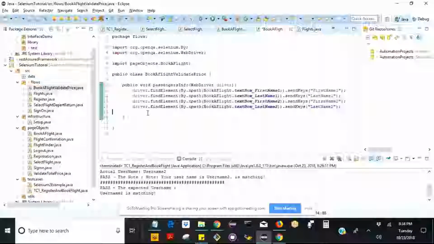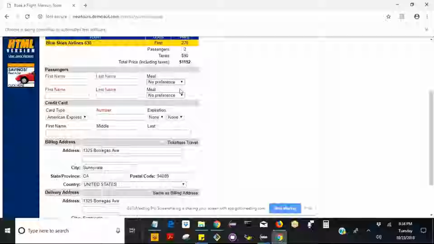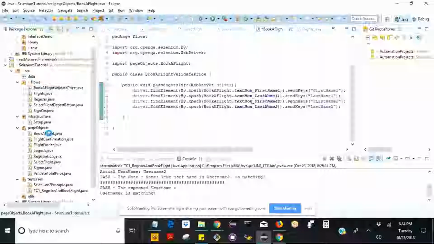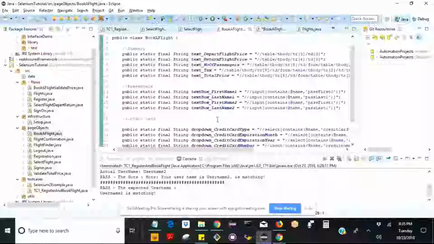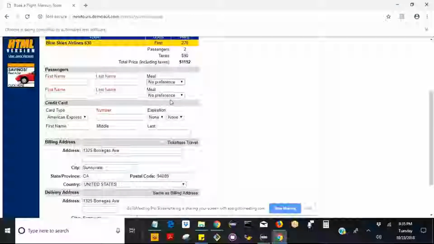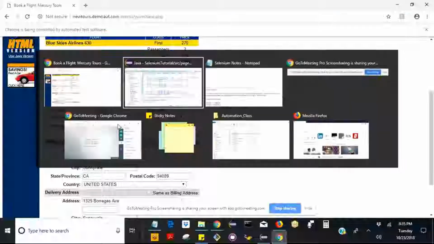Then meal preference, no preference, or we can select something. If you remember, we missed capturing the XPath for something because we wanted to go with the default. Let's see if we have meal preference. I haven't captured the meal preference, so let's go with the default just to expedite this test. As homework, once you fork the git code and update it, you can have your own branch and push it to your own branch, then I'll take a look. So that was the process we discussed. Okay, so meal preference, we'll go with this, and credit card